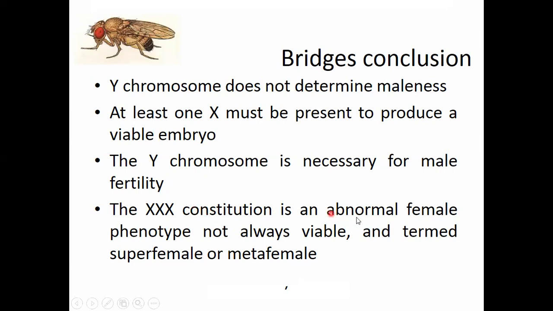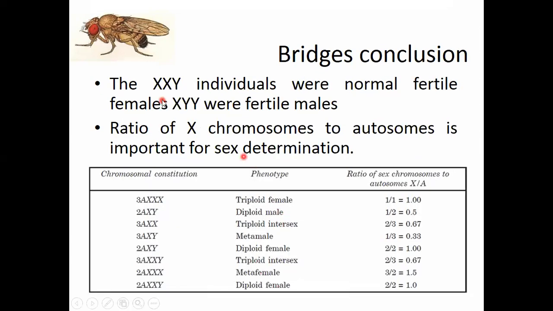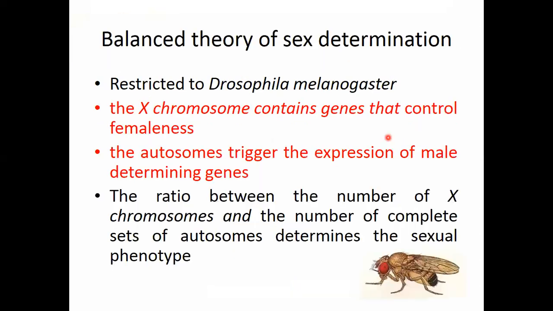And triple X constitution is an abnormal female phenotype, not always viable and termed super female or meta female. So these are the conclusions of the Bridges experiments. XXY individuals were normal fertile female, XYY were fertile males. Ratio of X chromosome to autosome is important for sex determination. So ये basic conclusion थी ब्रिज के एक्सपेरिमेंट की कि जो ड्रोसोफिला है उसमें सेक्स डिटर्मिनेशन डिपेंड करती है ऑन द रेशियो ऑफ X क्रोमोसोम टू द नंबर ऑफ ऑटोसोमल सेट्स।